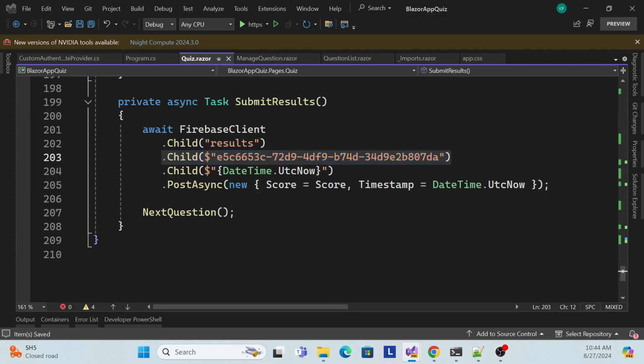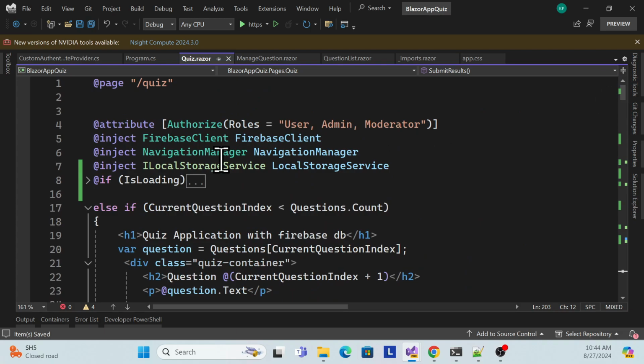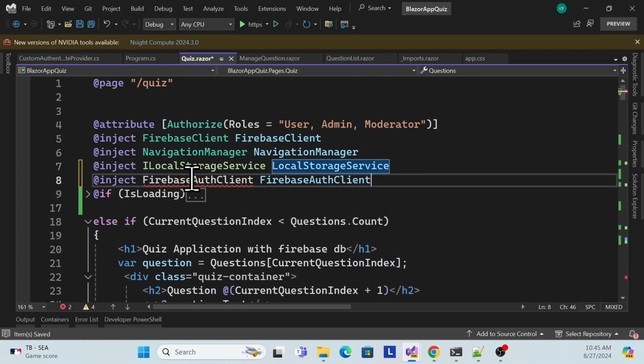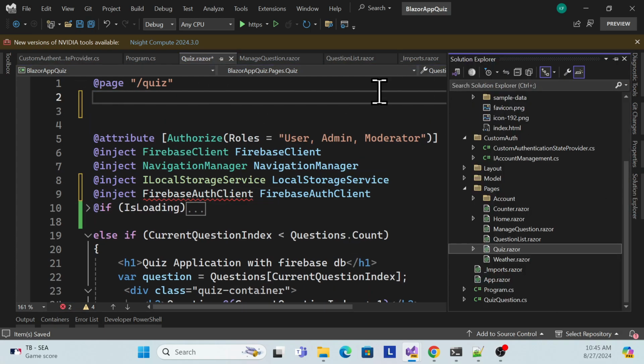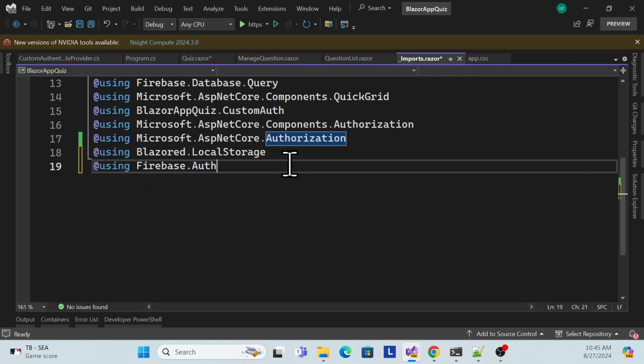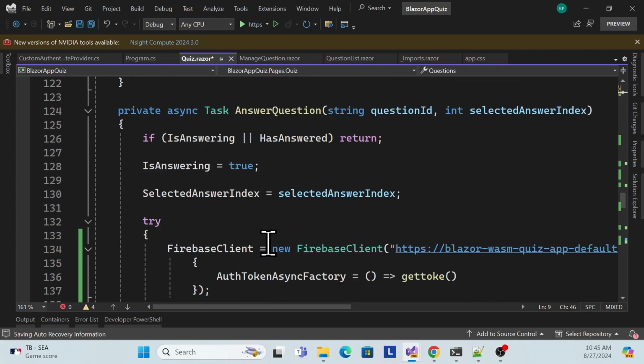But here what I can do is simply inject the Firebase Auth client on the top, and we can get that UUID. Or there's another way, you can store that UUID in your local storage and get it from there. That is also fine, but the best way is if we have that client. So I can inject that client, for example this Firebase Auth client, bring in that namespace, and move back to our Import.razor file, the global declarations. Now using this client we can get the user ID, and pass it to our child